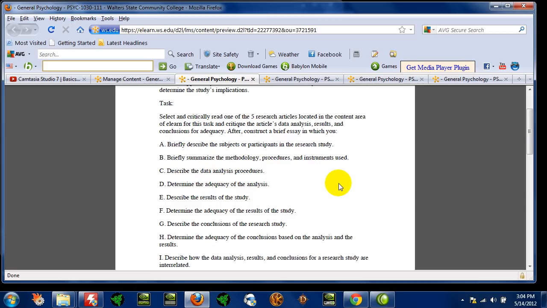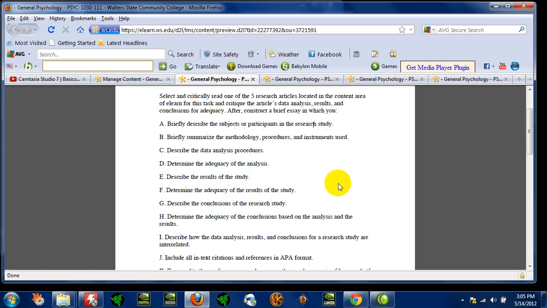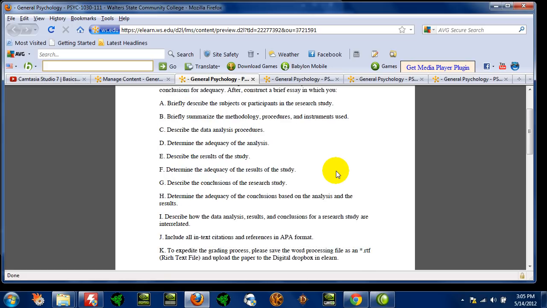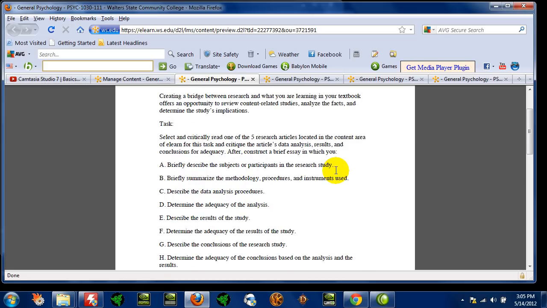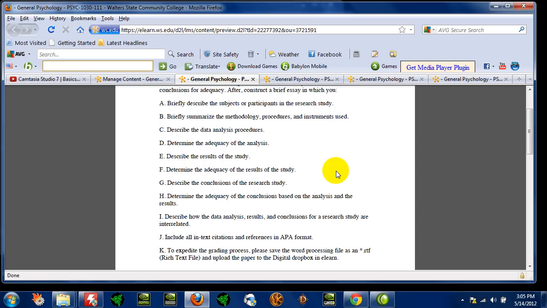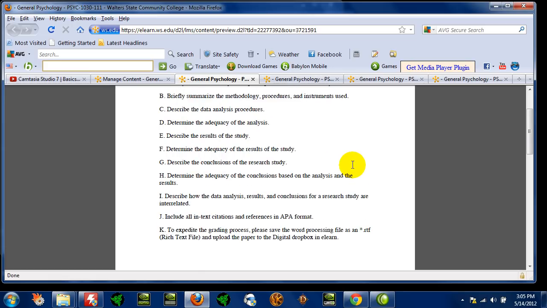G, describe the conclusions of the study. What did they find? What were the generalizations? How does this relate to everyday life? H, were they adequate? You're forming an argument of the adequacy of that conclusion. I, how does the data analysis relate to one another? Lastly, make sure you have your references and citations in APA format,